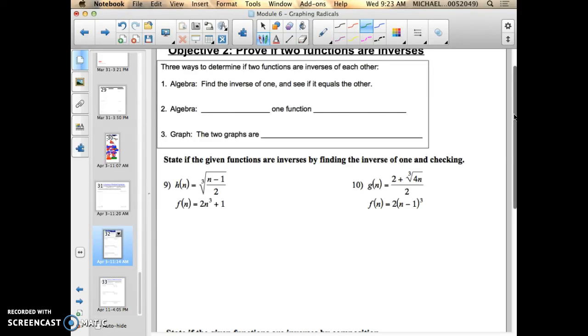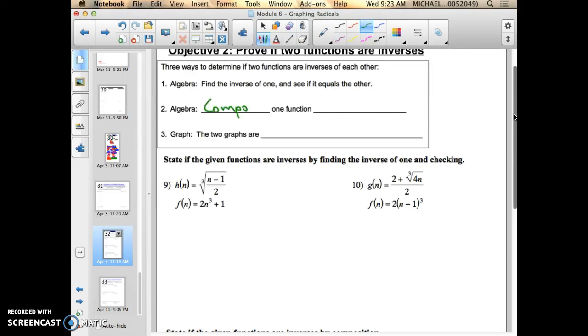The algebra way, which we've already done, you find the inverse of one and see if it equals the other. And so I'm not going to necessarily go through that. All you would do is pick one and then find the inverse of it and see if it equals the other one that's given. Step 2, though, the other one is to compose, and I am going to go through this,